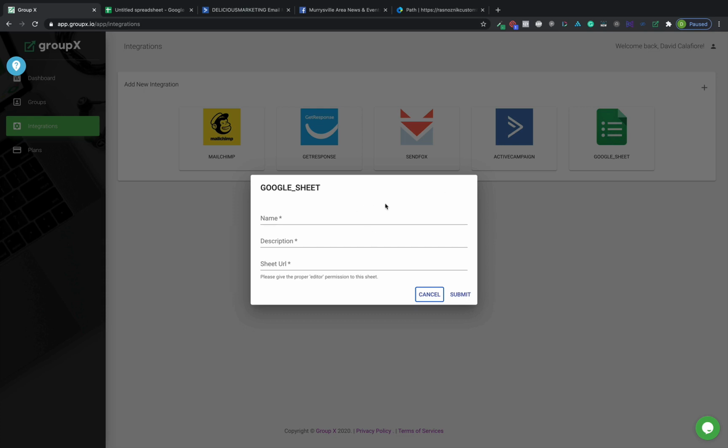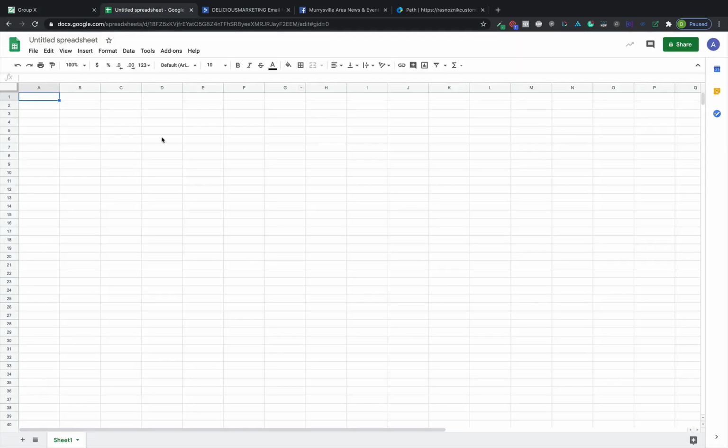When we click on that, it opens a pop-up. We need to enter 3 different pieces of information. One is a name, one is a description. These 2 items will be used for helping you figure out which integration this is within the dashboard and the extension. And then the actual URL of the Google Sheet. So let's go over to Google Sheets, and this is a brand new one that we have set up here. And let's just call this